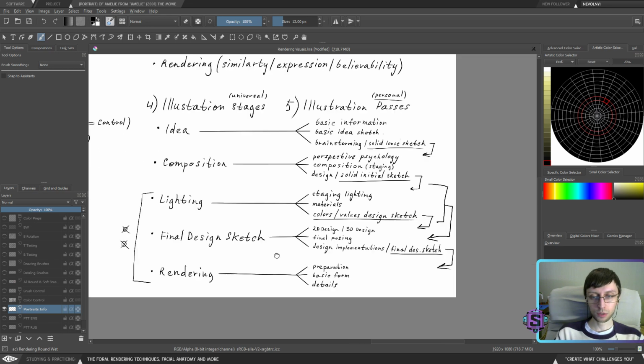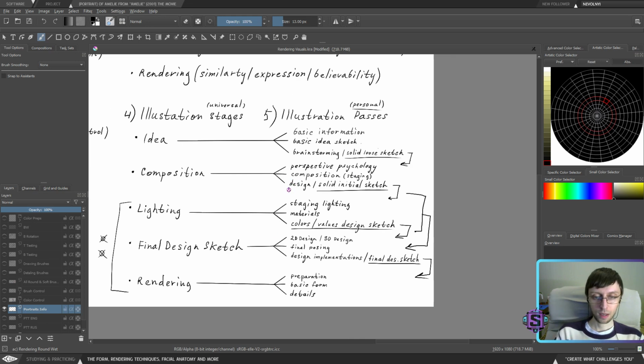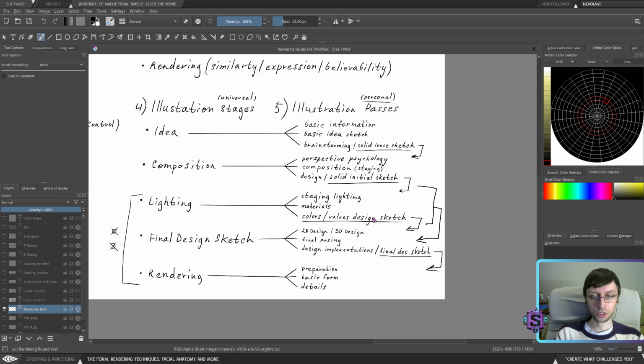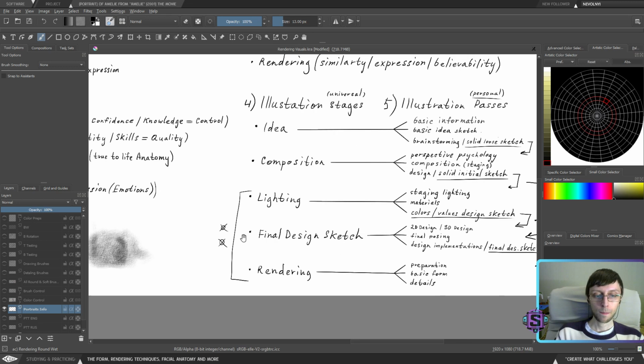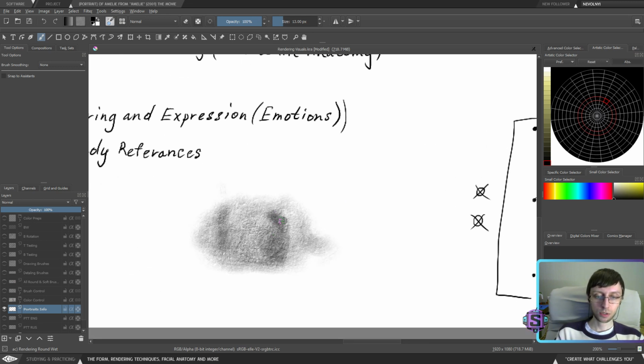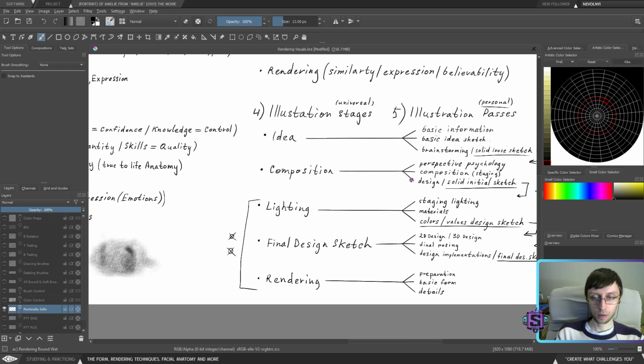Basically, the hard approach works best if you work with a solid initial sketch, because you already have hard separate characters and hard edges, and then you fill those edges in with color, and then you work on different types of colors. The soft approach is a little bit more sketchy, so when you're using a soft approach, you don't have your solid initial sketch under your painting, and instead you're painting from the ground up.